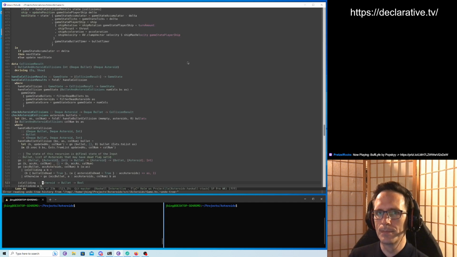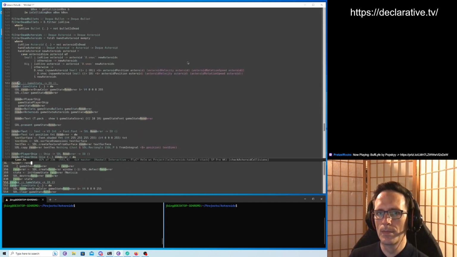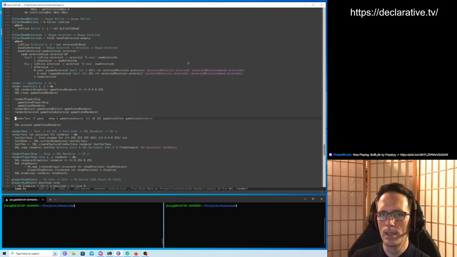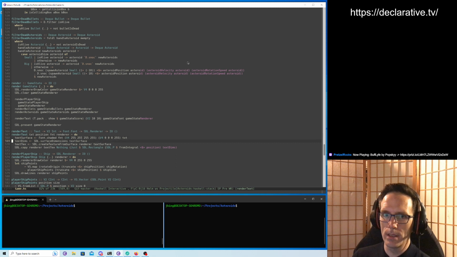Okay. So when we go to render the text, the game score, as I understand it, this is where it is happening. Although we should probably measure this with some profiling. But what I think is happening with render text right here is that when we create this surface, right, we're creating it